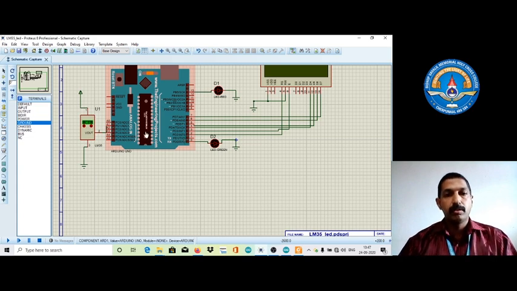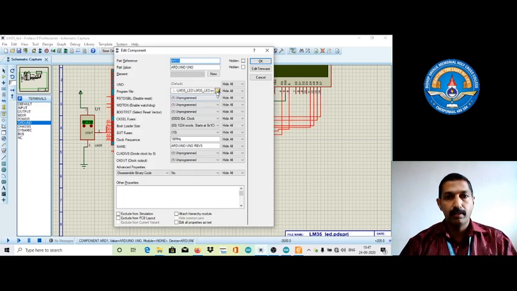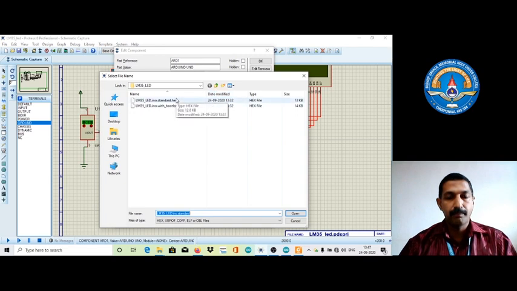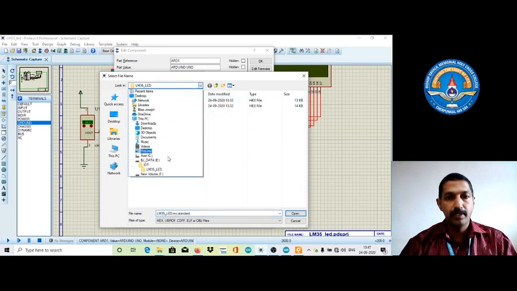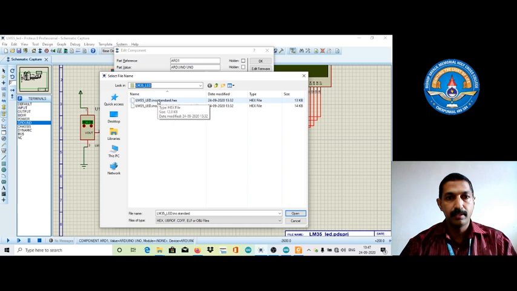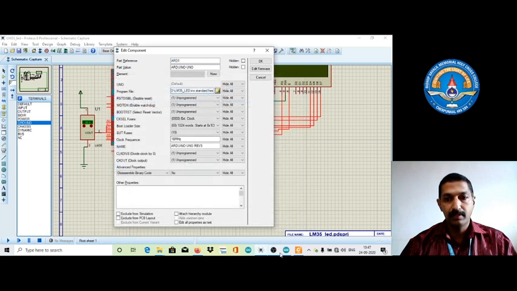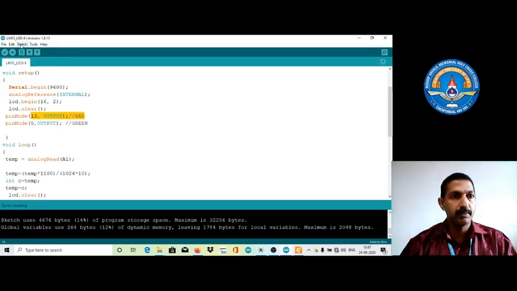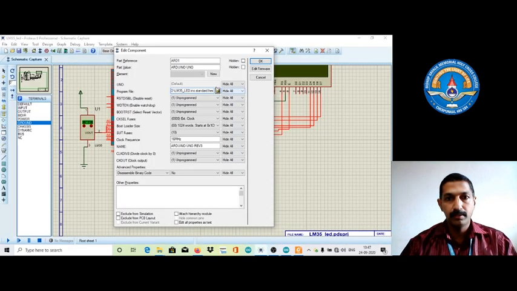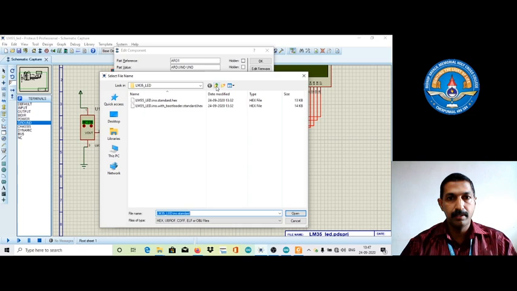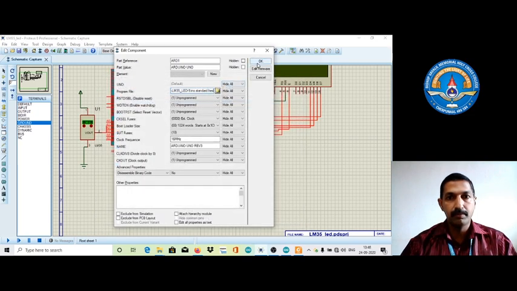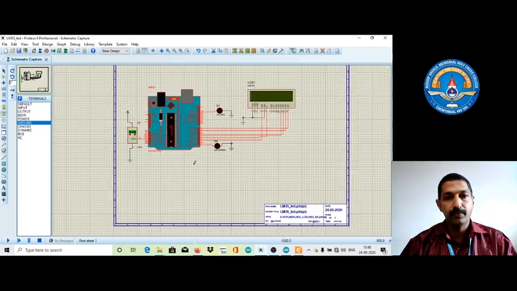We need to import the hex file. Should be in LM35 LED hex file. So let's go back to LM35 LED9. That is the file name. So we need to add this particular file. Okay, just added these two files.